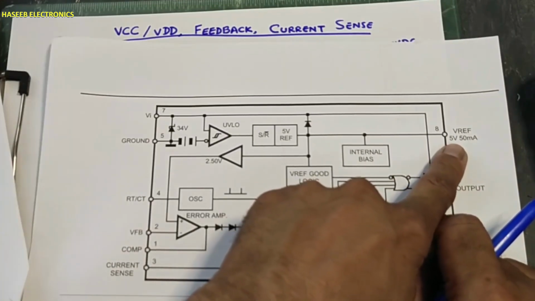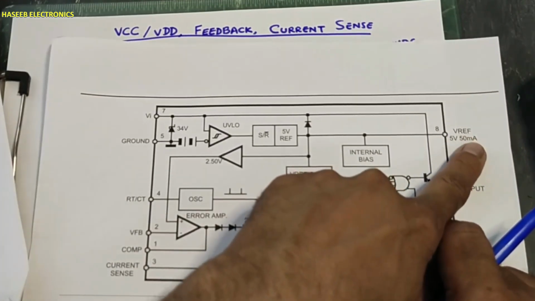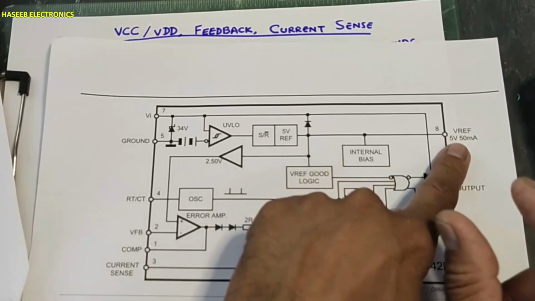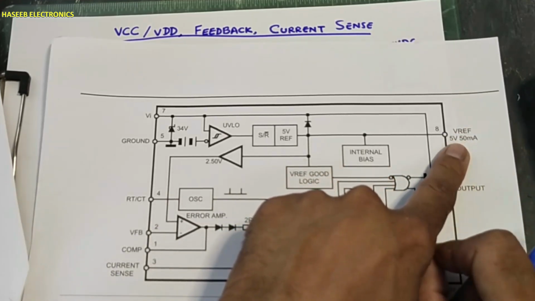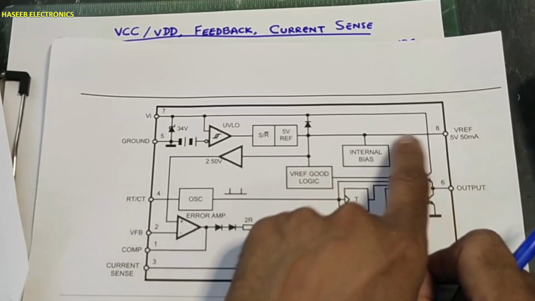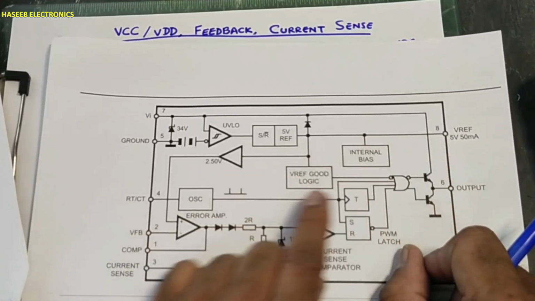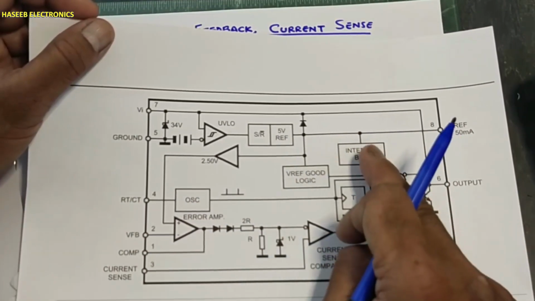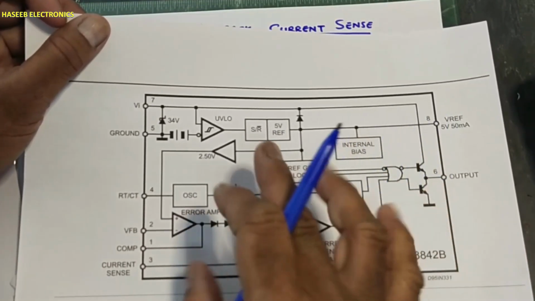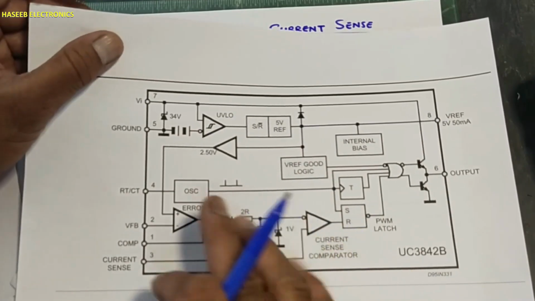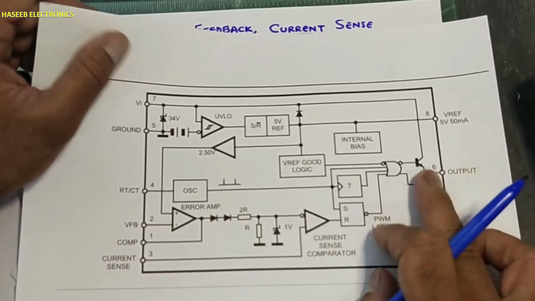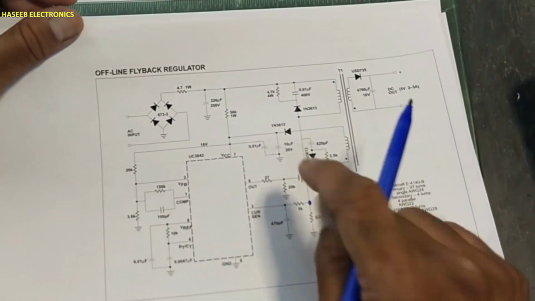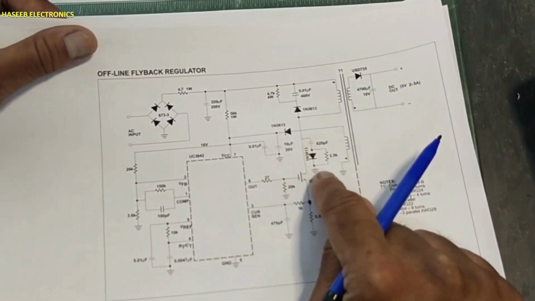It is just only 50 milliampere. If any load, any component connected outside, say a small capacitor, is leaky and exceeds its limit, this pin will drop and this IC will turn off. This is good. The internal biasing circuit is providing voltage to the chip. It will start switching. When it starts switching, it will provide pulses to the MOSFET, the transistor, IGBT,